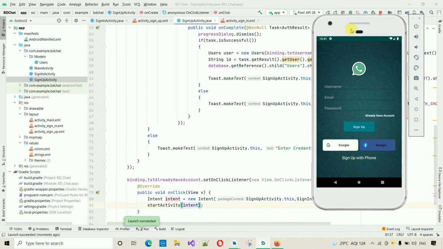So that's it for this video, guys. In the next video, I'm going to show you how to implement the logout in the main activity, and after that I'm going to show you how to log in with Google in your application. So till then, just stay tuned,